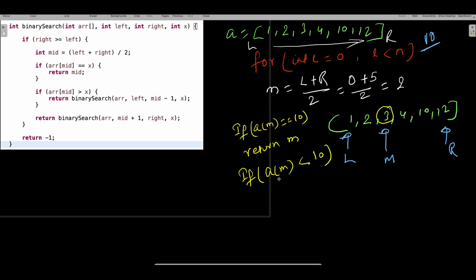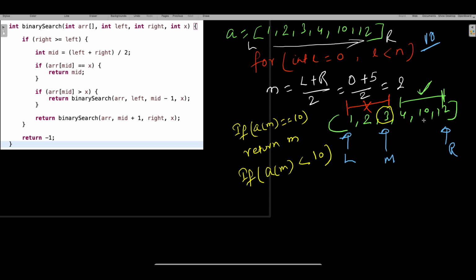So let's say the middle is less than the number I am looking for. In that case, guys, if you focus, is there any point in working on this side? No, right? Because your middle itself is the lower one, so there is no point in working on this side, which means your answer, where is your answer, guys? Your answer is going to be somewhere from 4 to 12. So this part will give you the answer, right?